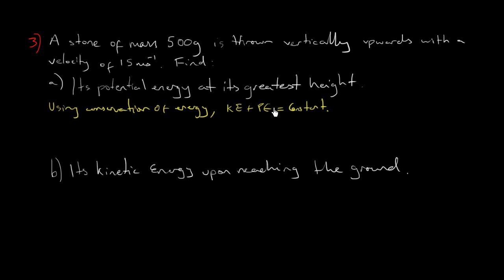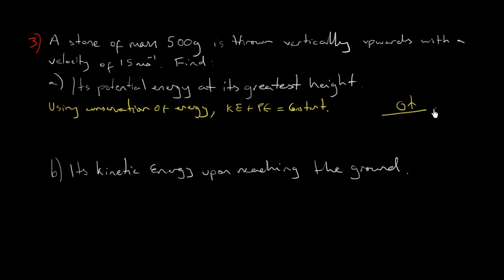They both together are a constant, and at the very beginning it's all kinetic energy. There's no potential energy with respect to its own height because it's got zero height with respect to its own position. So if we're measuring the base from where we throw the ball, if we throw the ball from here